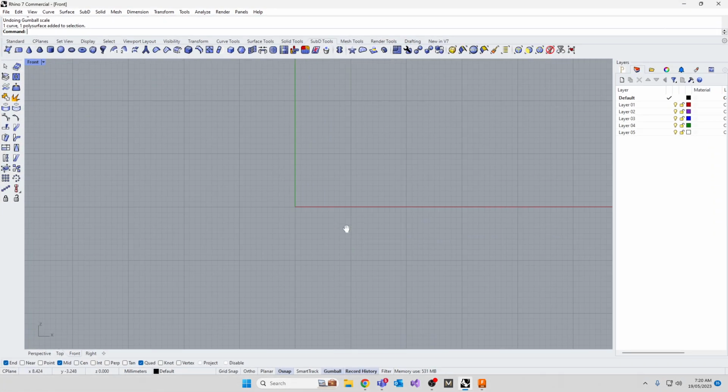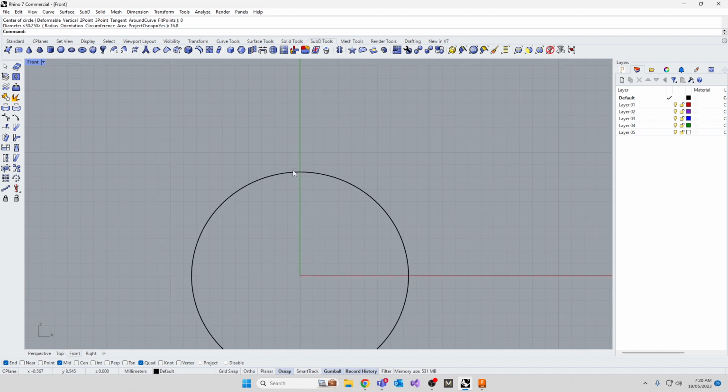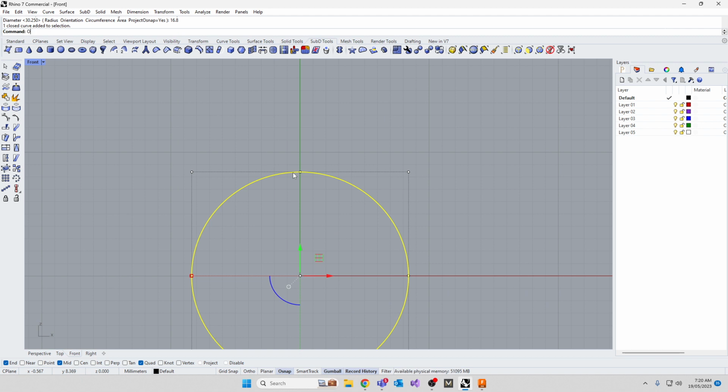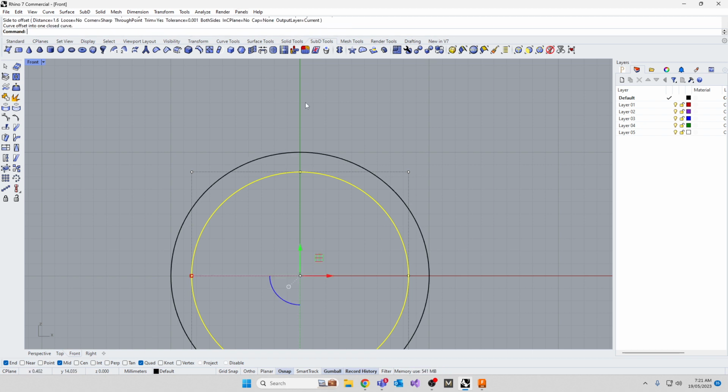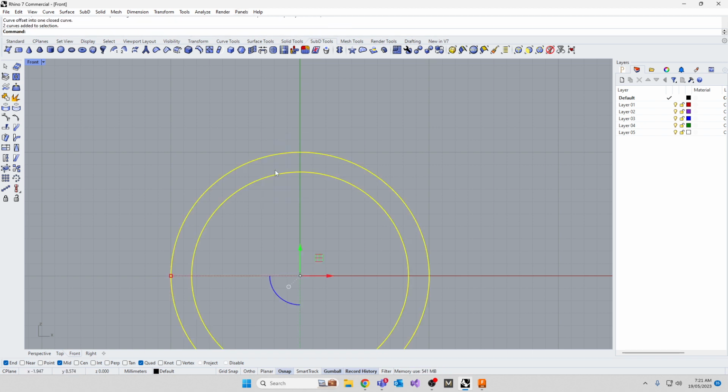So in Rhino, I'm going to go with array polar for this one. I'm going to construct part of it. So I'm going to create a circle, 0, 16.8, same as the other one, just because it's the middle of the ring stick. I'm going to offset that a little bit. So we're doing more or less the same as I was doing in Fusion. I'm going to offset it by 1.6. Okay. So we did the same thing in Fusion, and at this point you have history, because if I